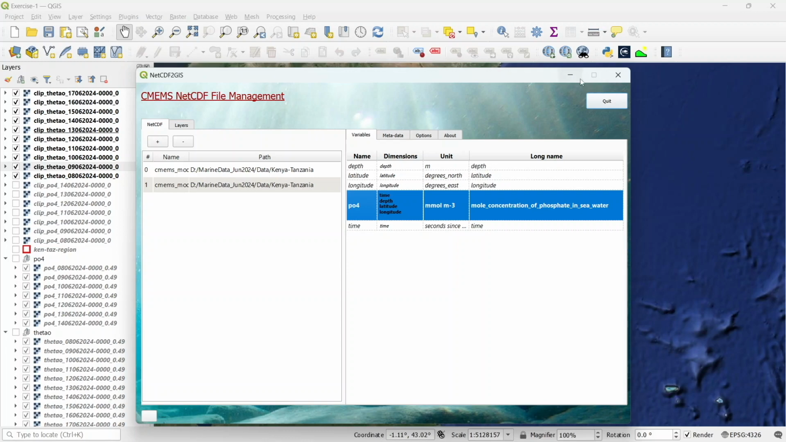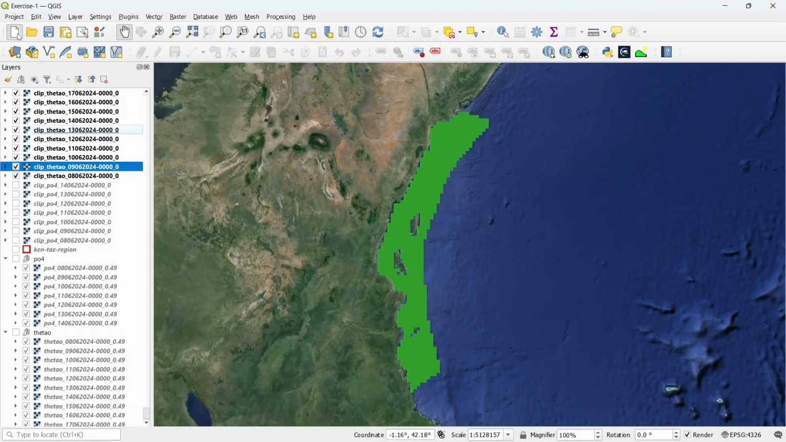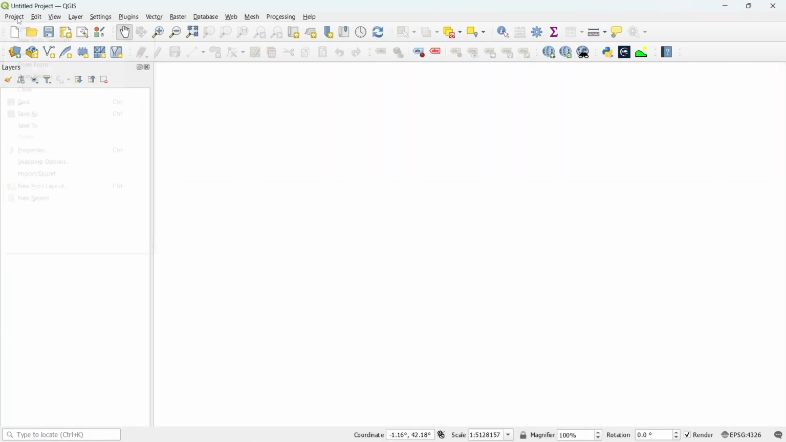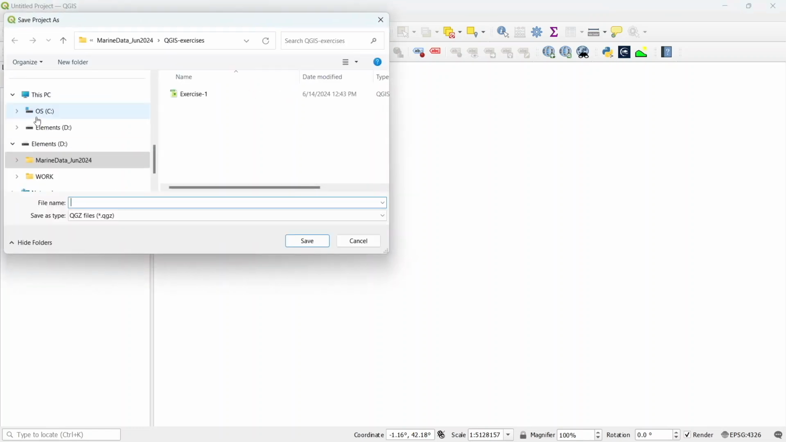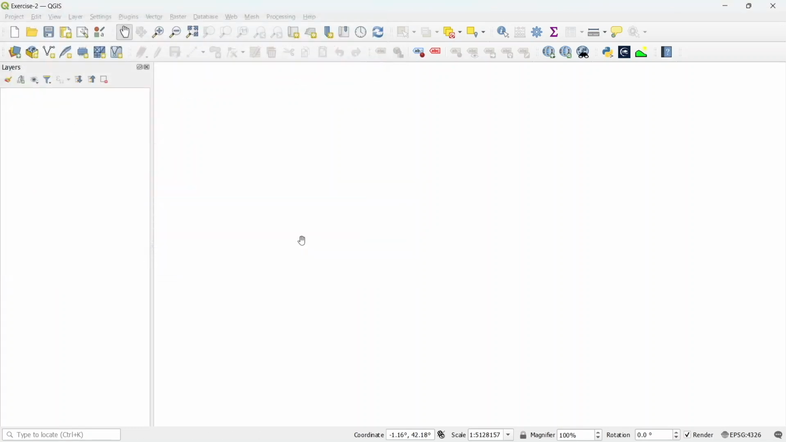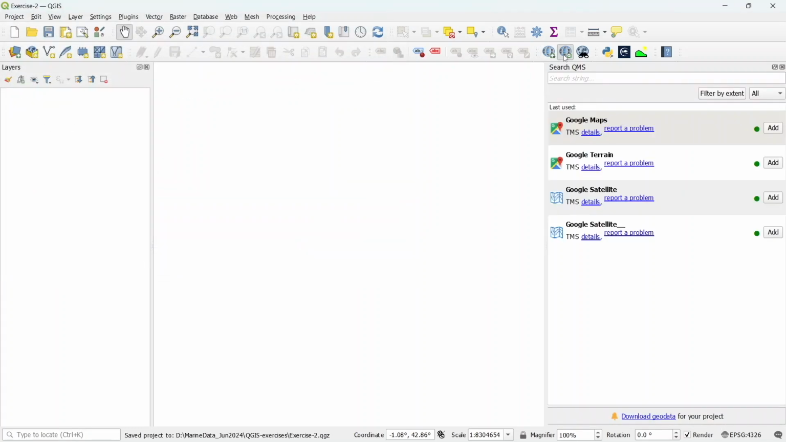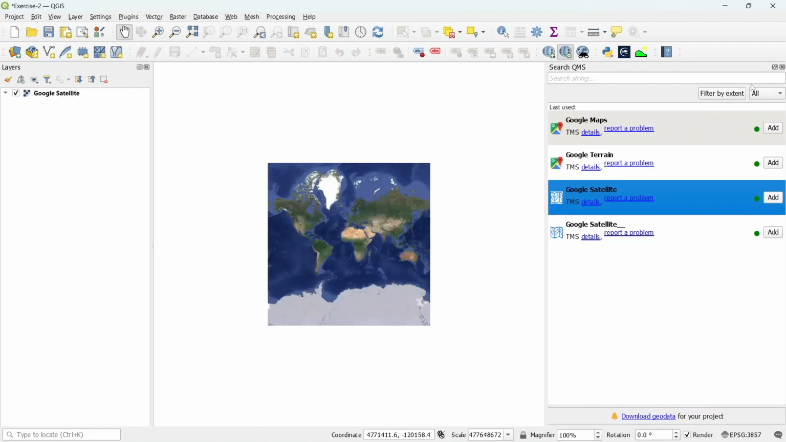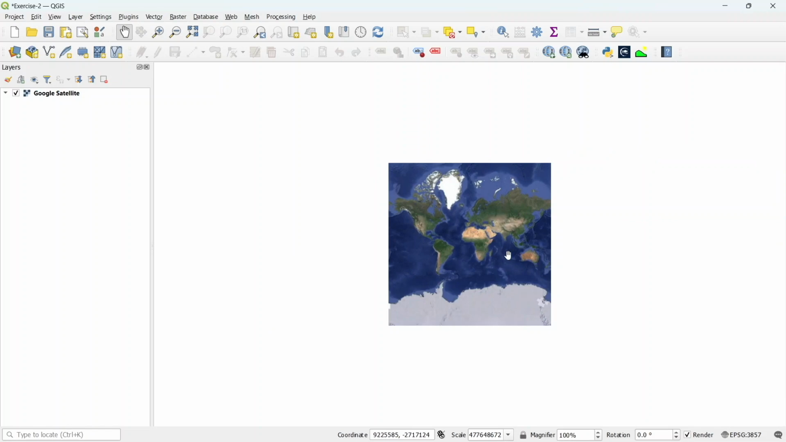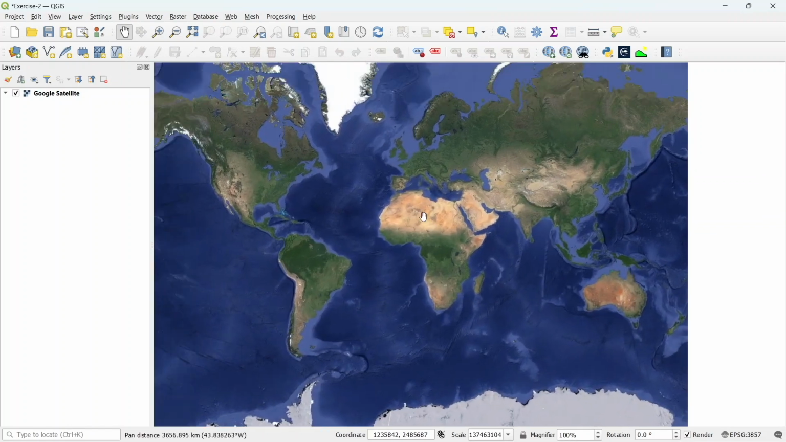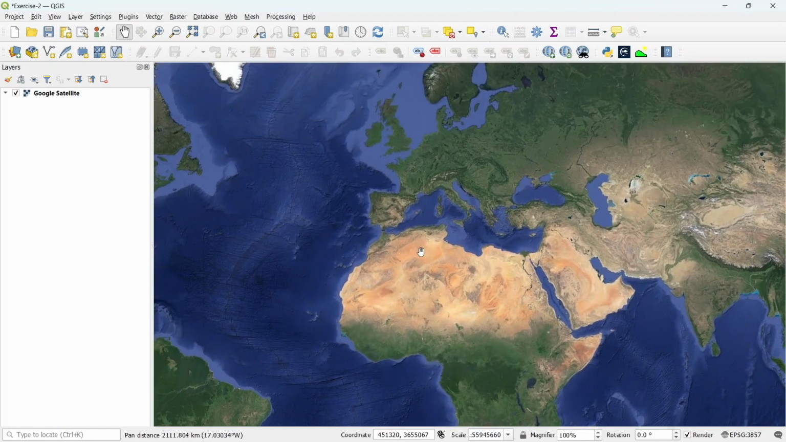Let me clean a bit the board. So let me create a new project. Let me save it as exercise number 2. Let's load again this map. Okay. So let's move to Europe,